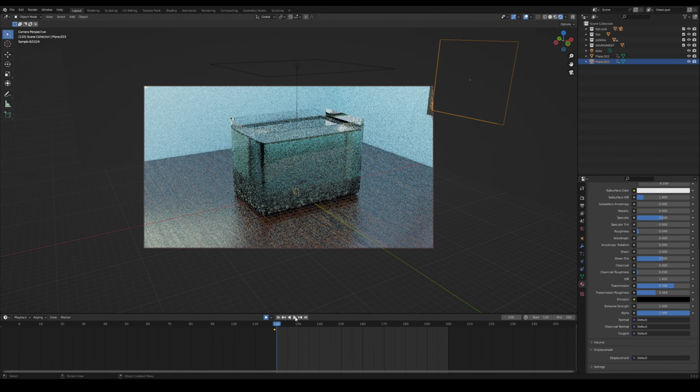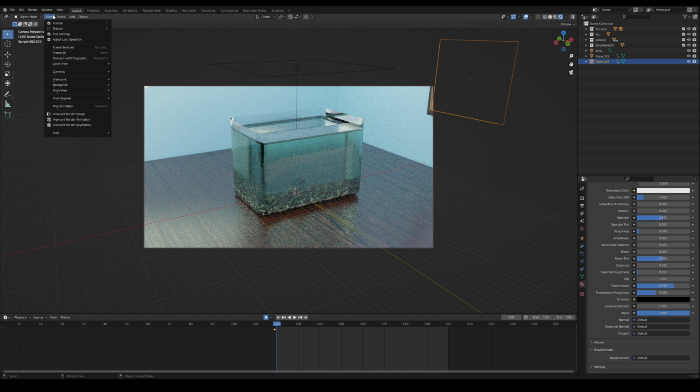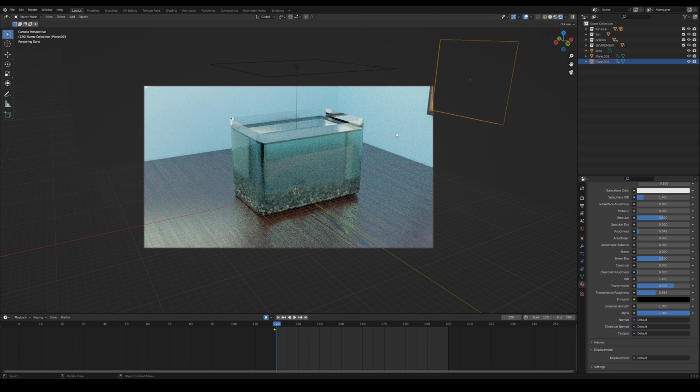Okay, good. Now if we go to object, what is that create from? Okay, object, I think, no, view, add, no, it should be here. Anyways, that's basically it for today because I'm